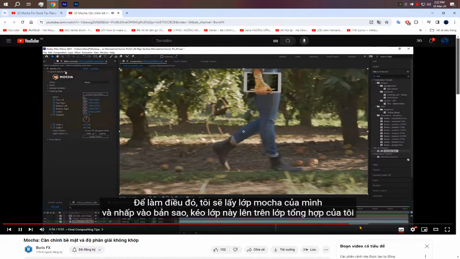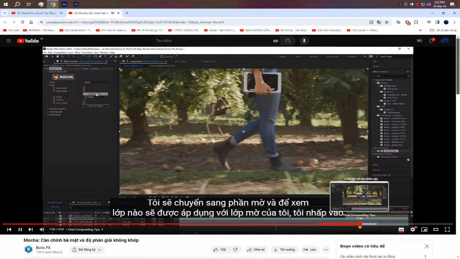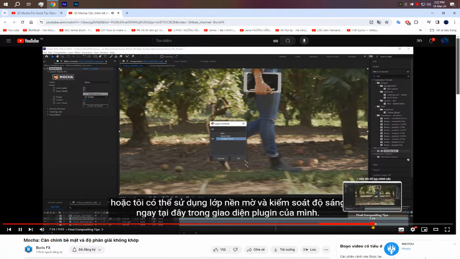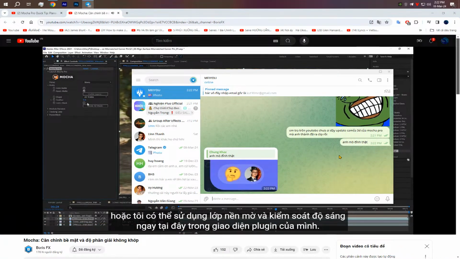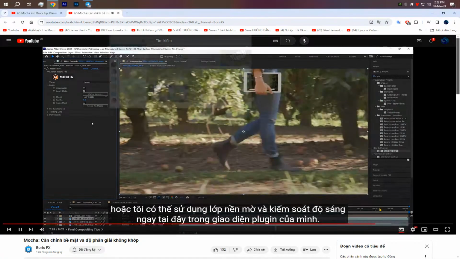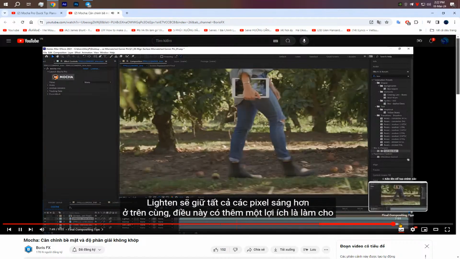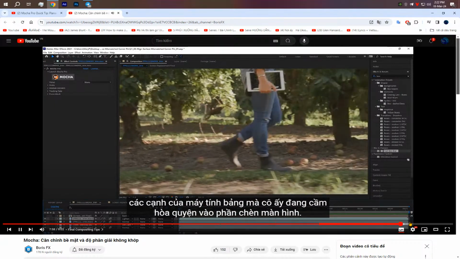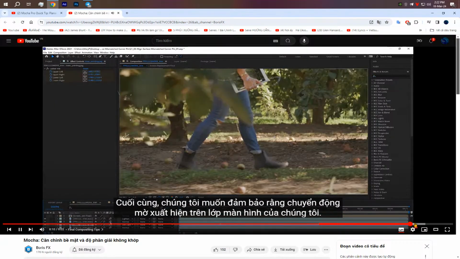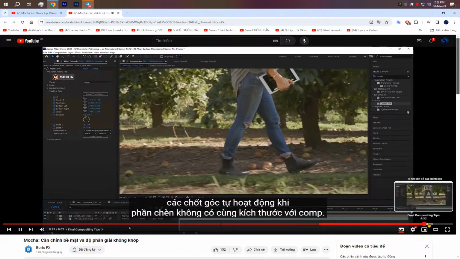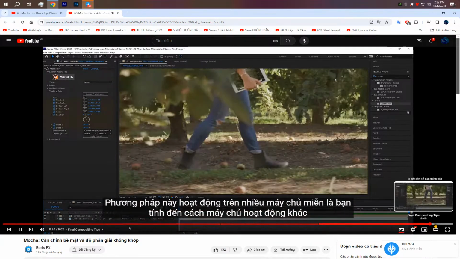I'm going to take my mocha layer, applied with my matte. I'm going to apply matte and control the feathering right here inside of my lighter screen insert. Because our corner pins behave themselves, as long as you account for how the corner pin